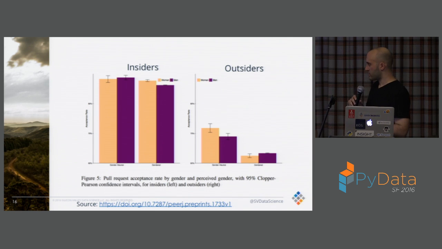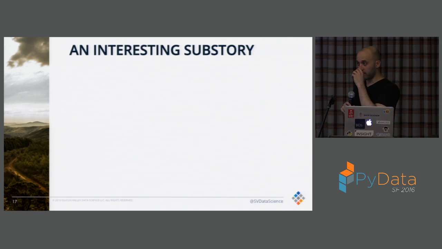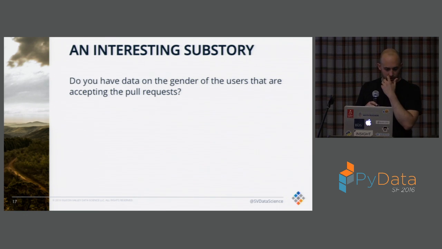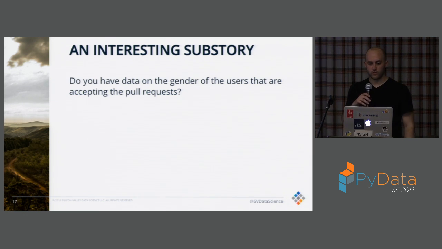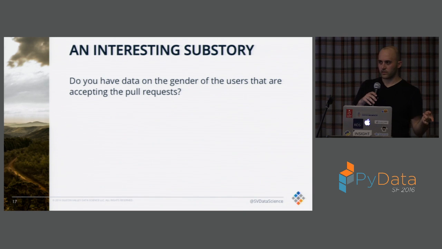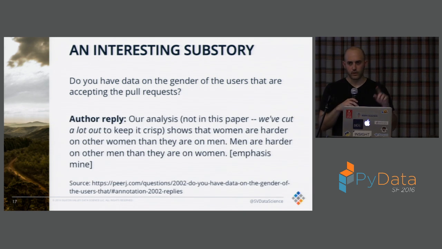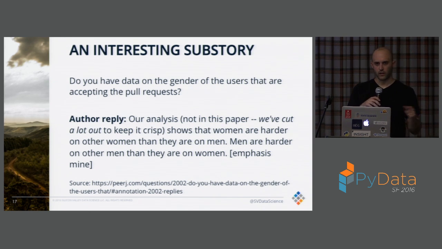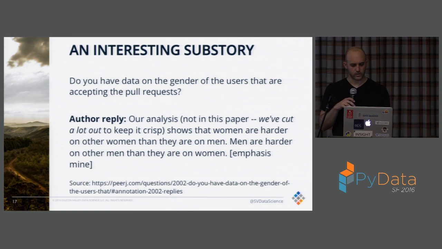There's actually an interesting sub-story in this as well. It was submitted for commentary. A question was asked, do you have data on the gender of the users that are accepting the pull requests? And one of the authors replied: our analysis, which wasn't included in this paper, that we've cut out a lot, shows that women are harder on other women than they are on men, and men are harder on other men than they are on women, which is kind of an interesting